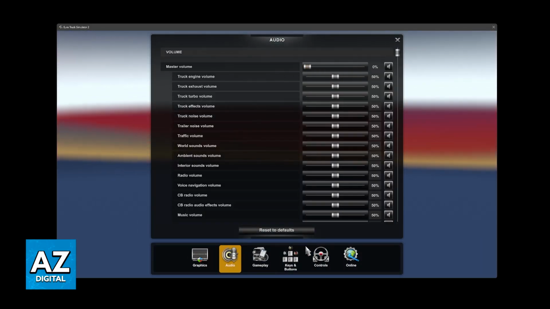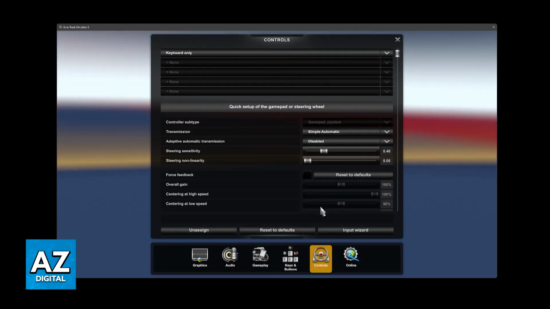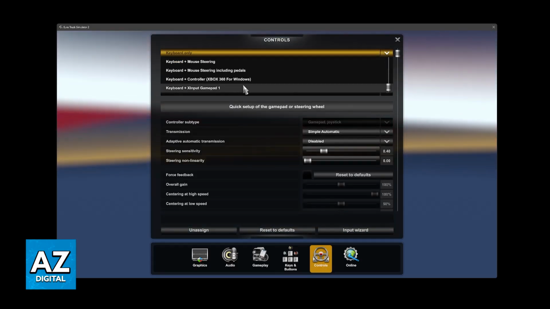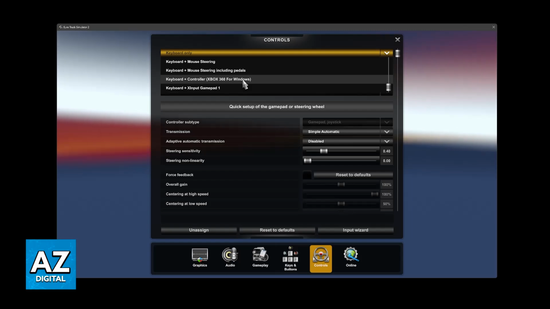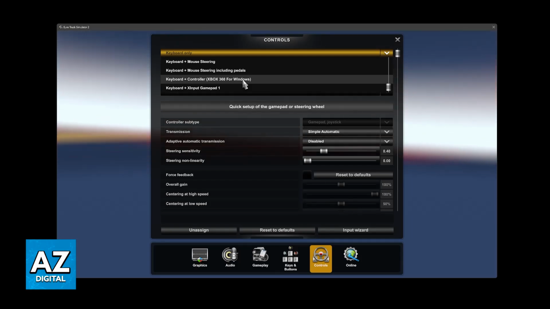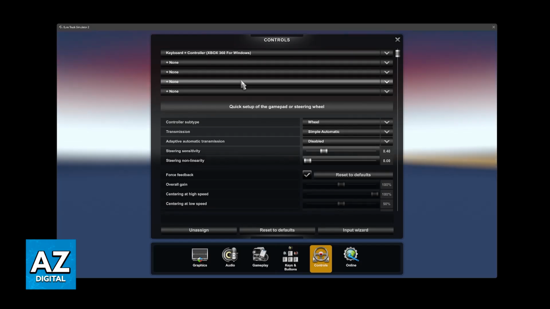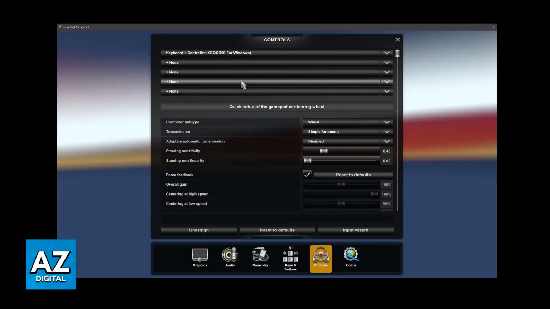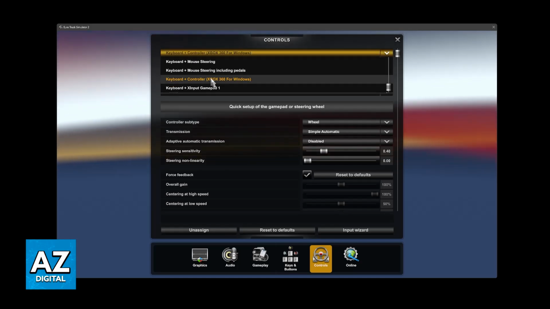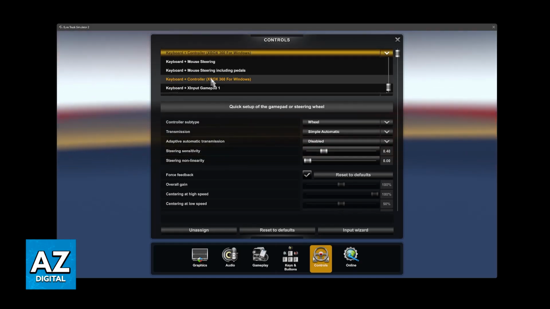All that you have to do is go over to the settings and then access the control settings. In here, you will be able to check if your controller is properly detected. Now, you will notice that mine is detected as an Xbox 360 controller, but don't worry, the process that I'm going to show you in this video to set up your controller is going to be the same for Xbox One. So if you don't see this option, it means that you have to take this additional step.